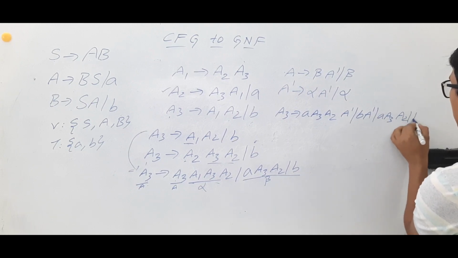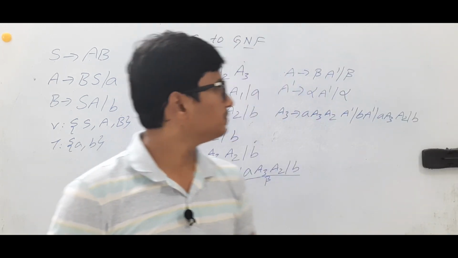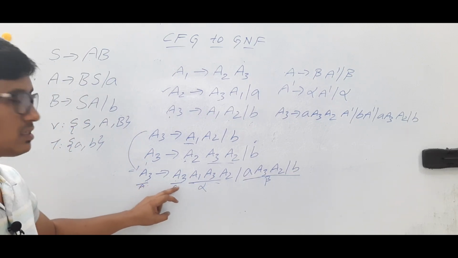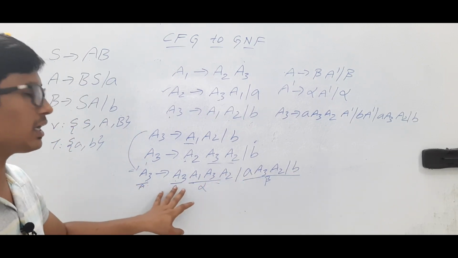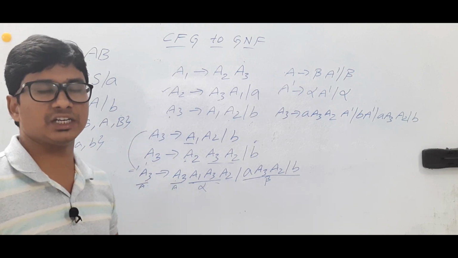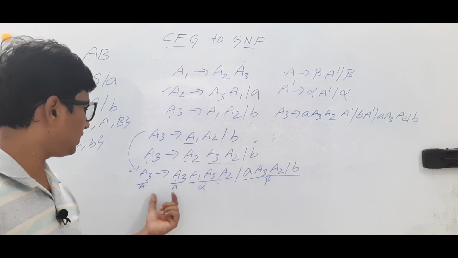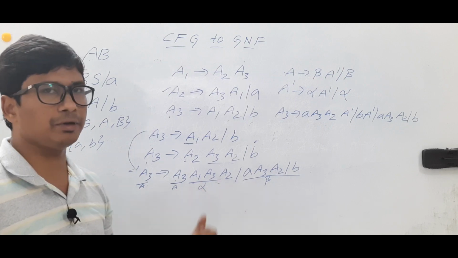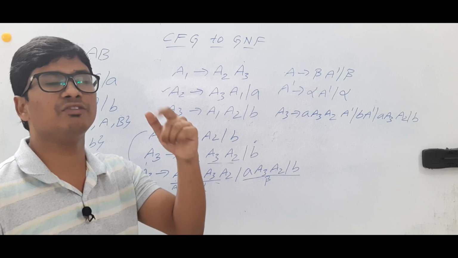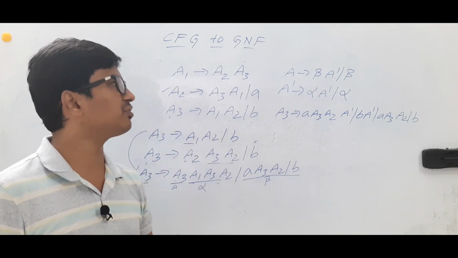A3, A2 or B. See, I hope you have understood. Let me discuss again. This is in the form of A determines A alpha or beta. So that's why I am calling this a left recursive grammar. We need to eliminate the left recursive grammar. How can we eliminate it? We have identified that if it is in the form of A determines A alpha or beta, it will generate strings which are in the form of beta alpha dash. Then I converted it to an equivalent grammar which is not left recursive.